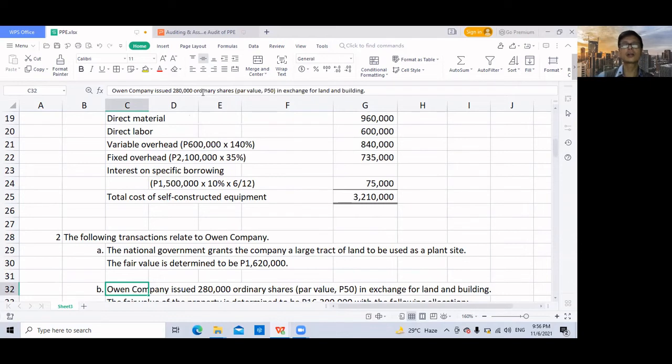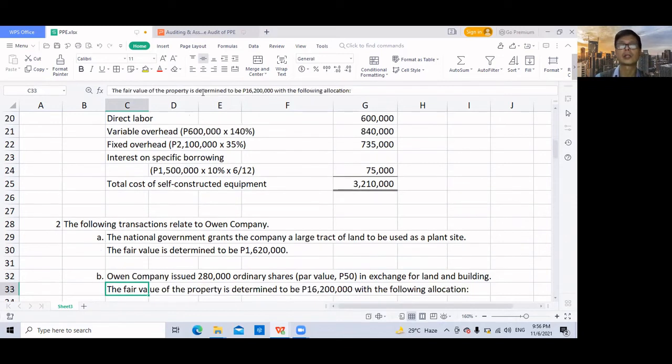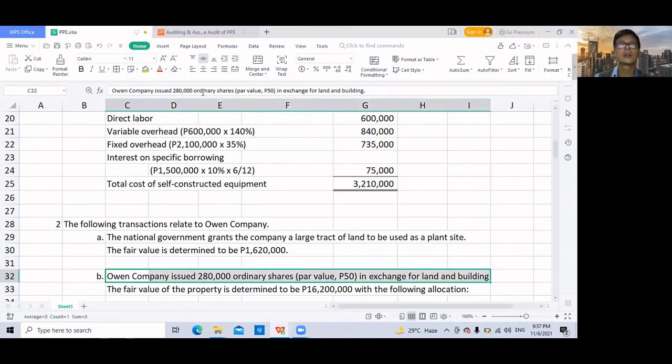Okay, so Owen Company issued 280,000 ordinary shares with par value of 50 pesos. So ito yung parang pinaka ano nila, no, yung exchange of values nila doon sa tract of land, no? Yung ordinary shares, no? In exchange for the land and building, the fair value of the property is determined to be